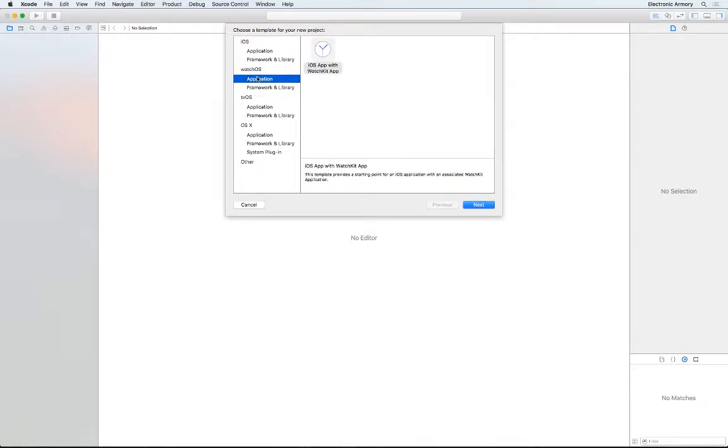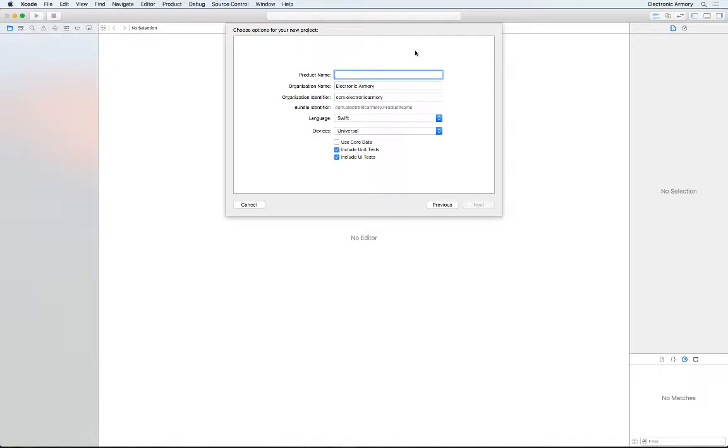WatchOS, very similar. We can start with making WatchOS apps. If you just start with this and just play around with it, you'll see kind of how that works. tvOS, very similar. OS X, and you just create a command line tool, etc., etc. So we'll just stick with this one, and then we'll also create a single view application. So if you're following along, select that one, hit the next button, and it's going to ask you,